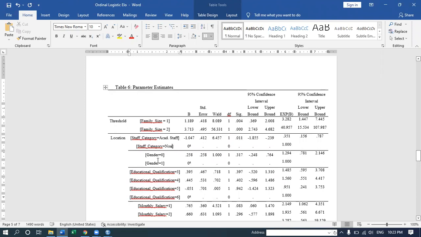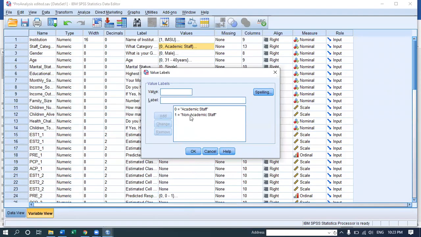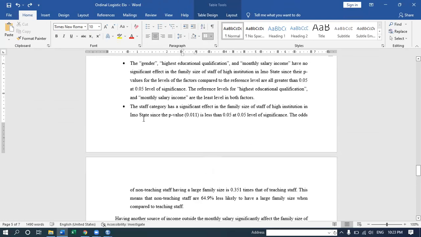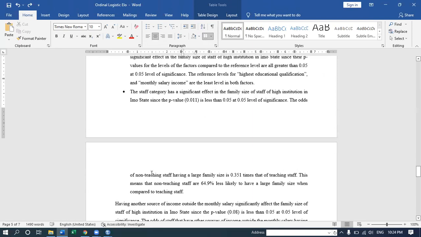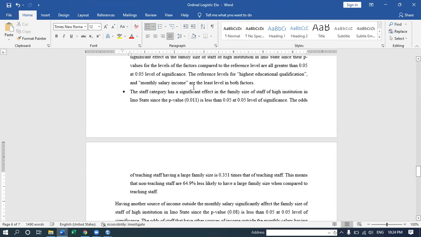Let me see what is there. This is 1. 1 here means what? 1 means non-teaching staff. The interpretation is supposed to be this against this, academic against non-teaching staff. So that's what the interpretation will be. So the staff category there. So the odds of teaching staff having a large family size is 0.35 that of